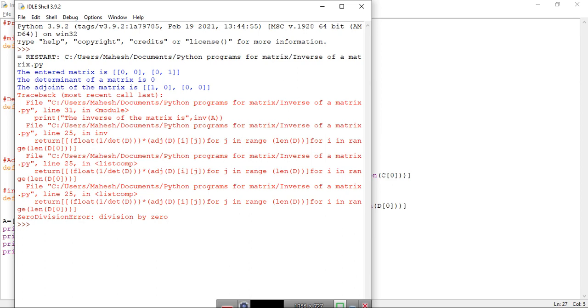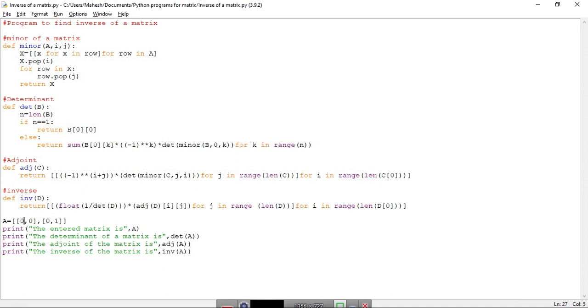So if determinant of A is equal to 0, then we will get an error, and for that let us use if else statements. First we will calculate the determinant of A, and after calculating it we will put if else statements.